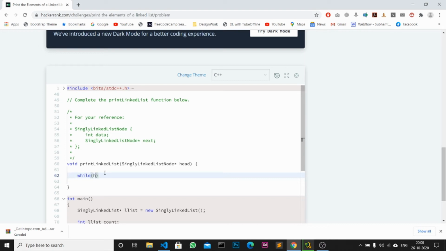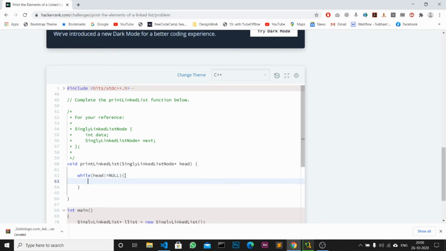So while head not equal to null, I will traverse the linked list.